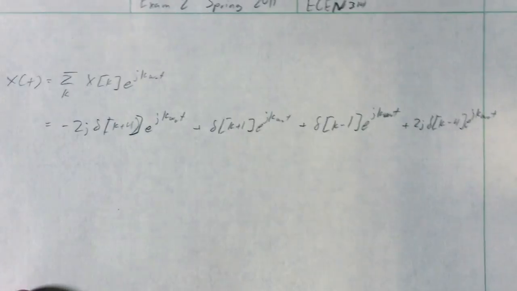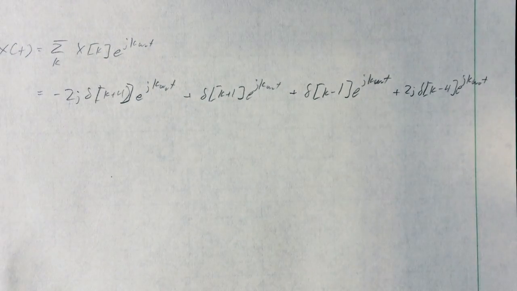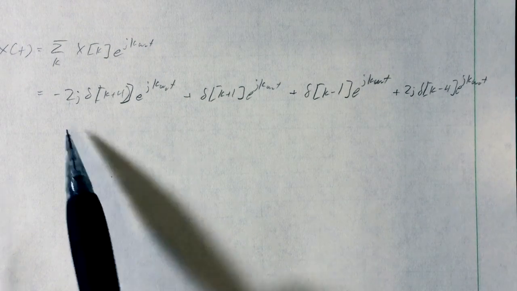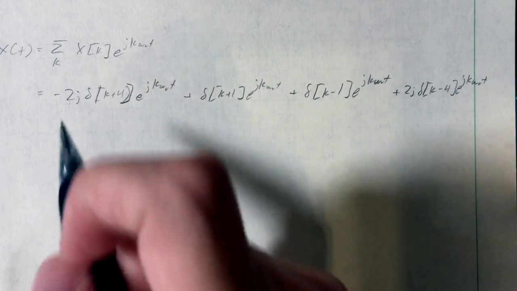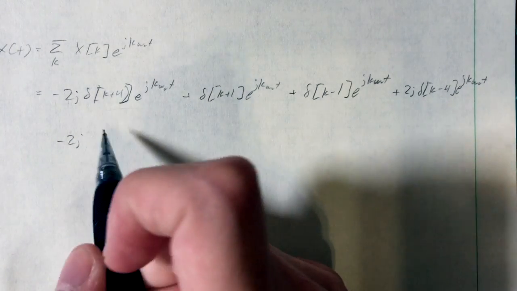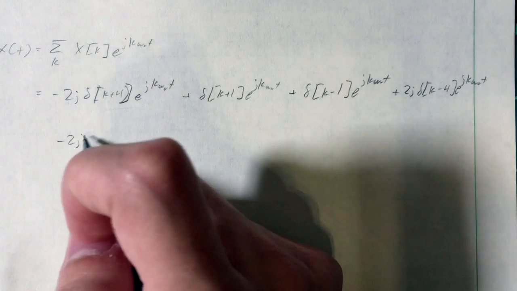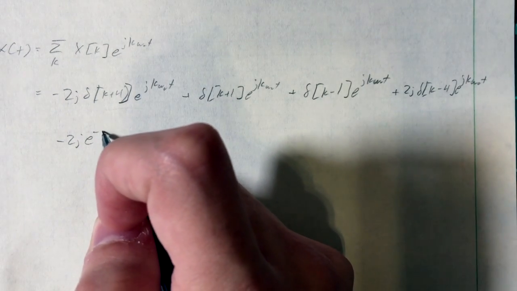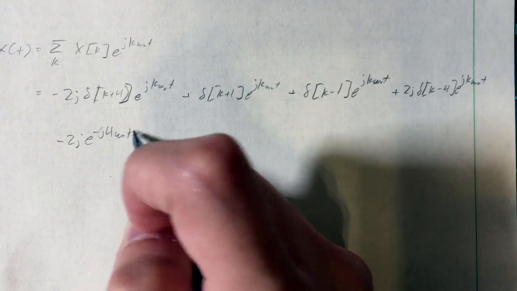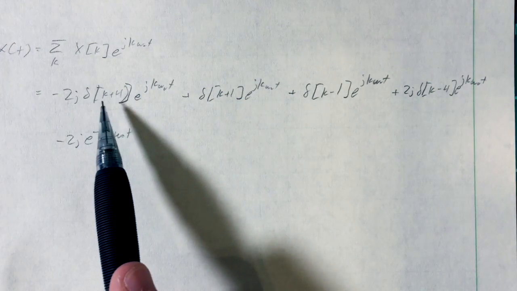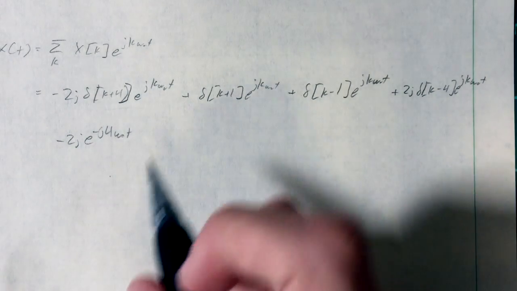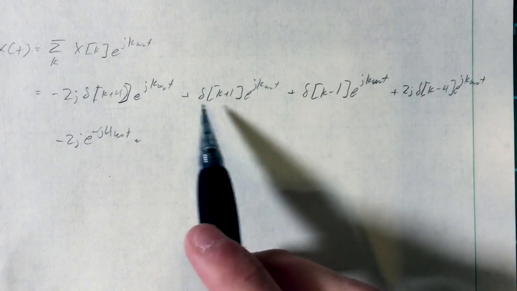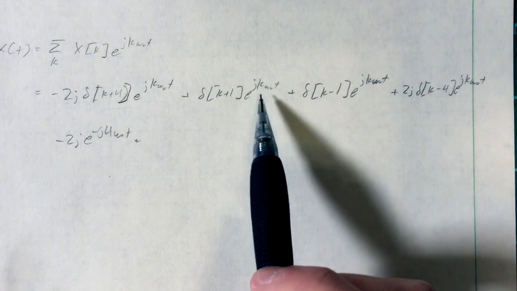Ran off the edge there a little bit, but that's alright. So what's nice about this is these each all have a delta term, so we can simplify this a lot easier, and using properties of delta functions, we will get something along the lines of e to the negative j 4 omega naught t. This is delta k plus 4, so that just replaces this function k with a negative 4. And same thing for all this, except in this case right here, we get k is replaced with a negative